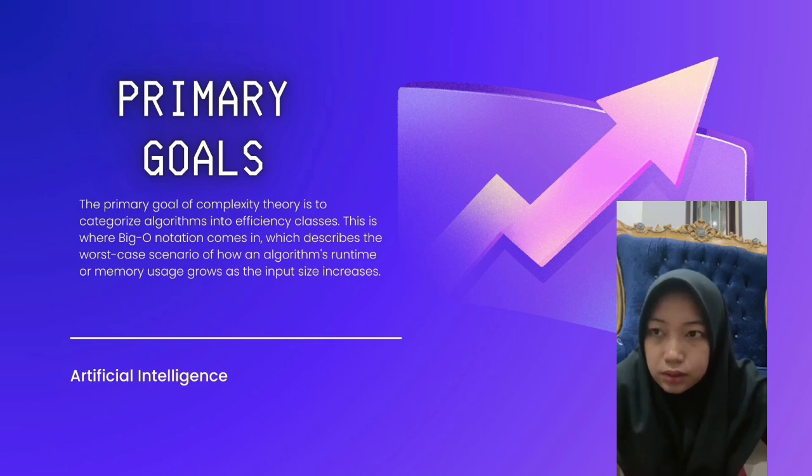The primary goal of complexity theory is to categorize algorithms into efficiency classes. This is where Big O notation comes in, which describes the worst case scenario of how the algorithm's runtime or memory usage grows as the